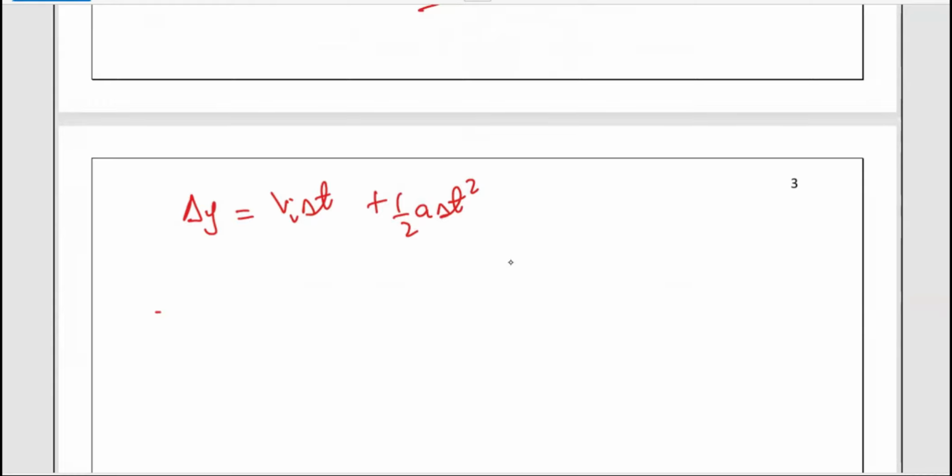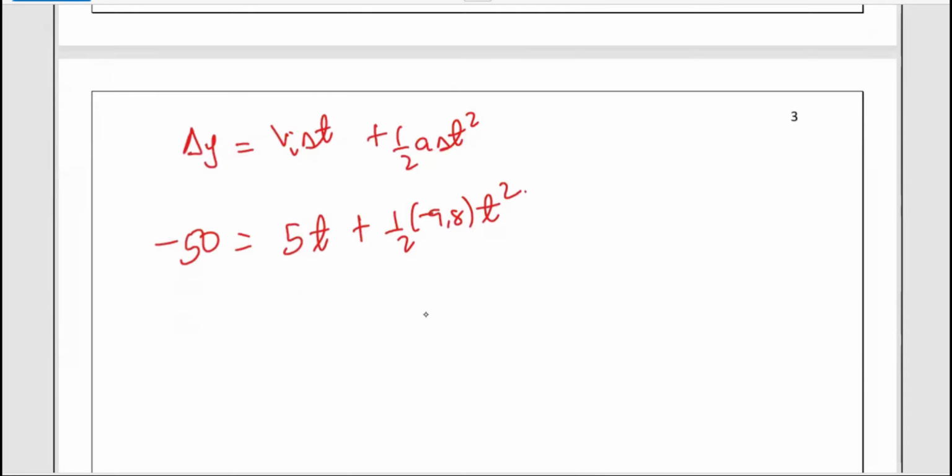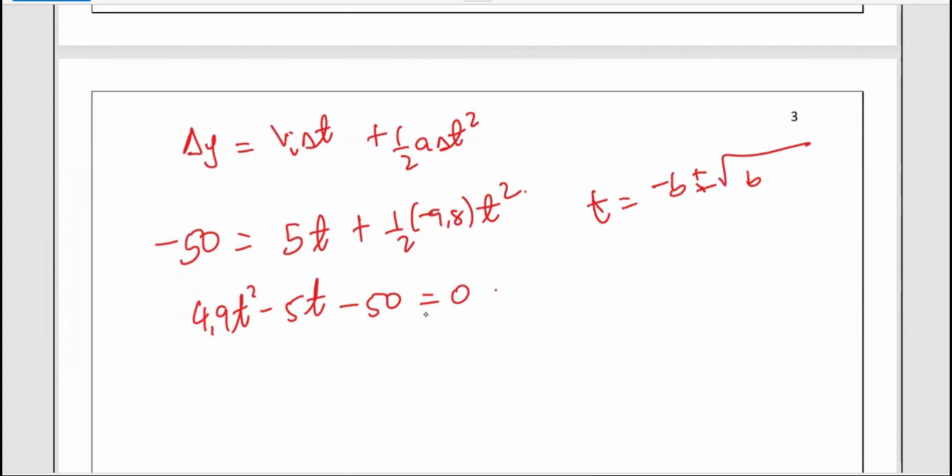It's going to be negative 50, our initial is 5 and T, plus a half negative 9,8 and then T squared. Then when I do the magic, that's going to be 4,9 T squared minus 5T minus 50 is equal to 0. If we use our quadratic formula, negative b plus minus square root of b squared minus 4ac over 2a,